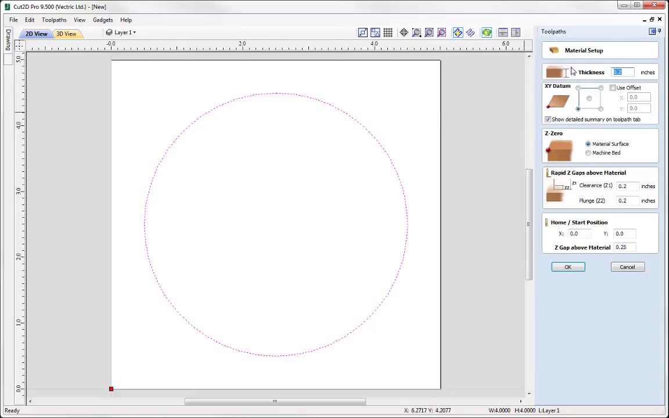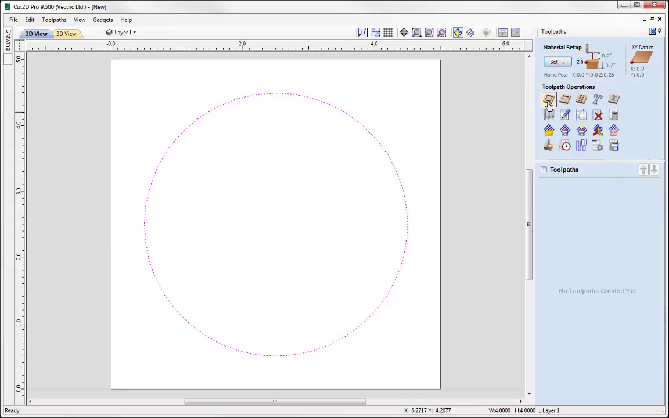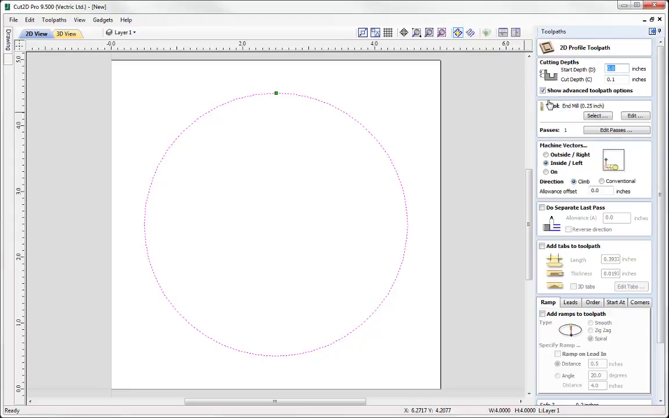So the material setup is very simple, just thickness 0.2, and we've got our clearance heights correct. Moving straight through to the profile toolpath, starting at 0, cut depth 0.1 with a 1/4 inch end mill. Importantly, we're going to switch on the ramps to the toolpath, and I'm going to go for the spiral option